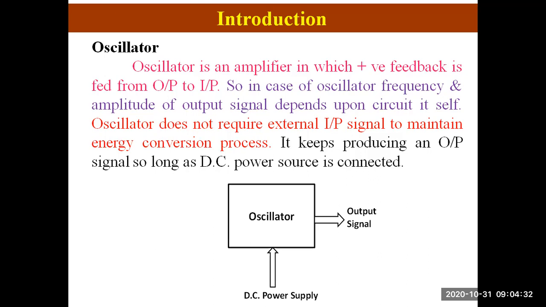So in the case of an amplifier, the frequency and amplitude of the output will depend upon the input. But in the case of an oscillator, the frequency and amplitude of the output signal will depend upon the circuit itself. An oscillator does not require an external input. Without input, we have to get the oscillation. Its frequency and amplitude produced at the output will depend upon the circuit itself, and therefore the oscillator is the circuit that can convert DC voltage into AC voltage,